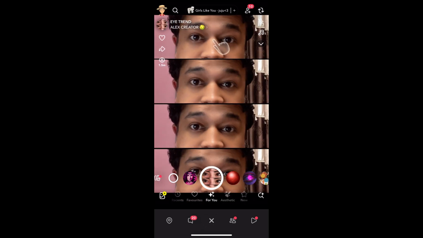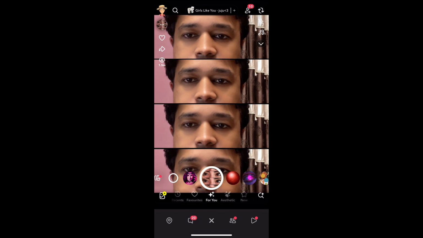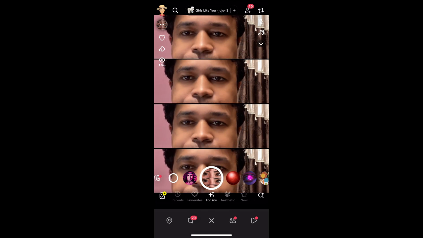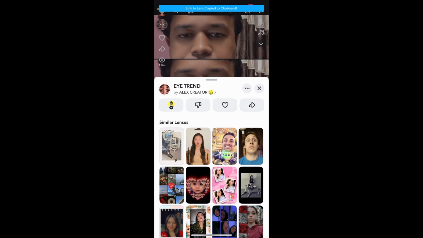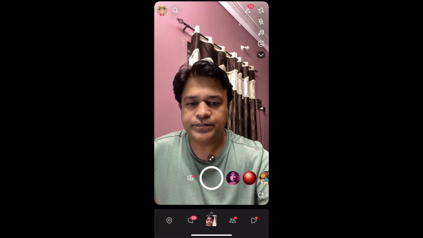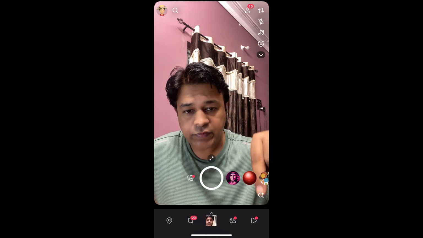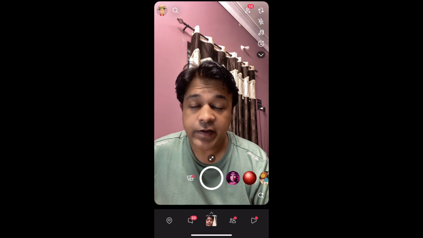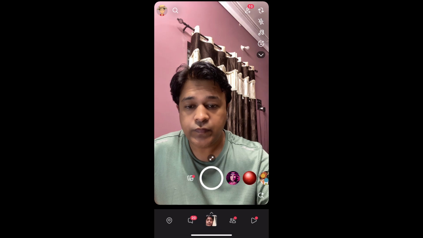In this quick video, I'm going to show you how you can get this eye trends filter on Snapchat. So this is the effect. To get this effect, what you have to do, let me remove this first. Okay, the effect is gone. To get this effect, what you have to do, either go to the search and search for eye trends, or what you can do,